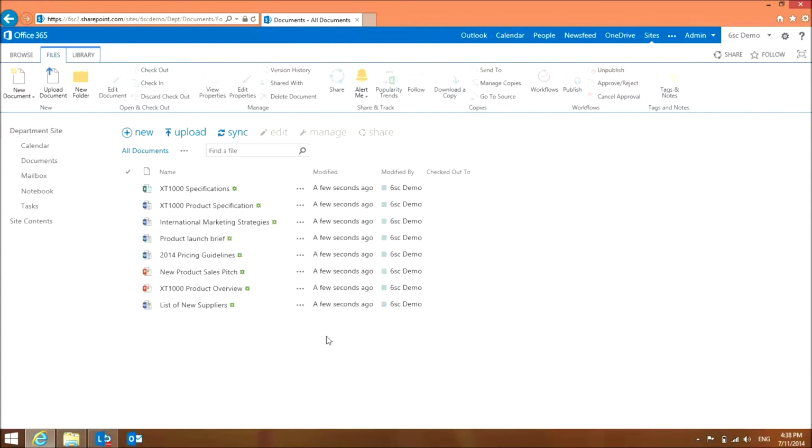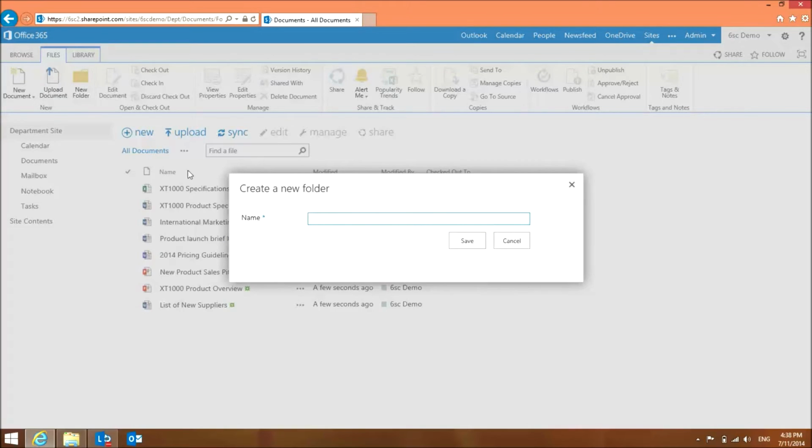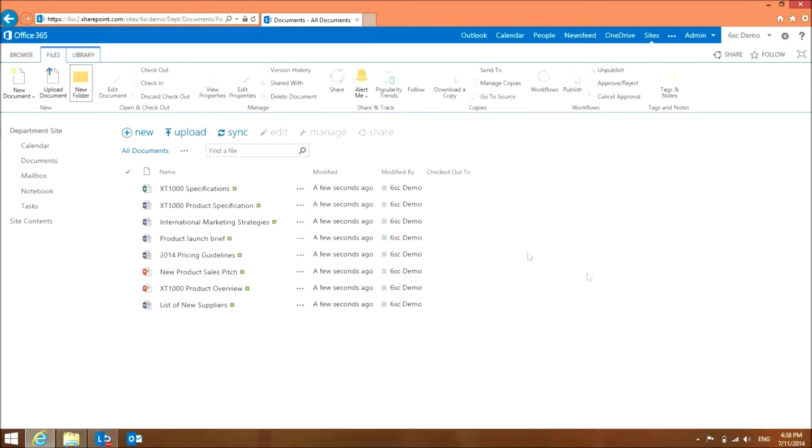Now that I've uploaded the documents into the document library, I want to have an easier way to organize my documents in here. So one method that I could go about doing this is create a new folder for the library, like what I had in my desktop. Not sure if I want to do that, because I will say clicking into folders, you don't know where you are, and it's easy to kind of get lost in what you're looking for if you have multiple levels of folders. So I kind of want more of a flat structure to help make it easier to search for those